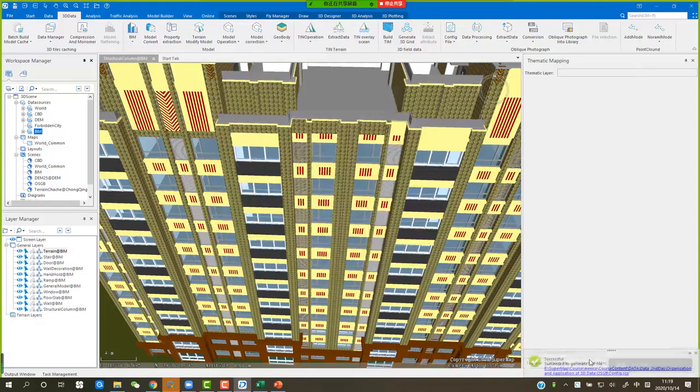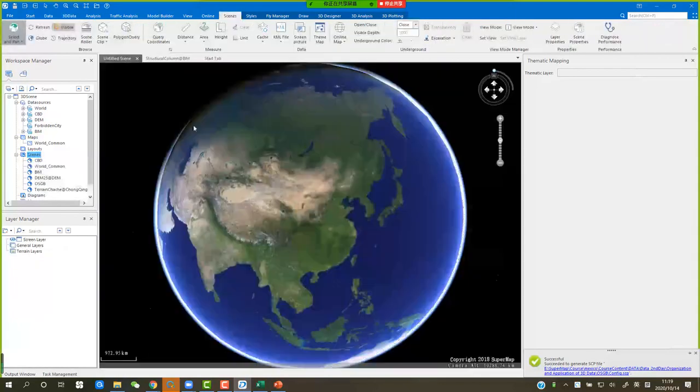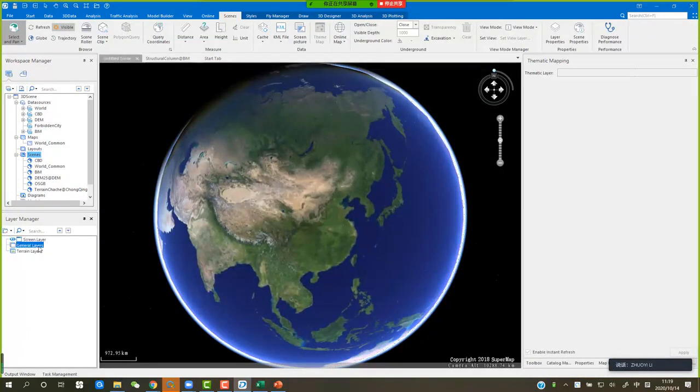And we can see there is a prompt window. We successfully created the SCP file. Okay, and now let's create a new spherical scene. Right-click the scene and click the new spherical scene. Click the new spherical scene and